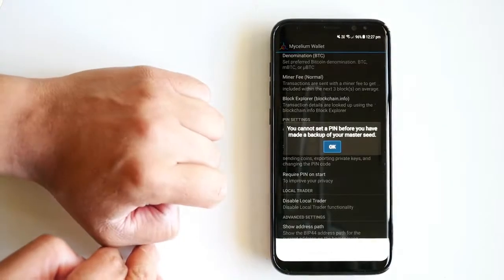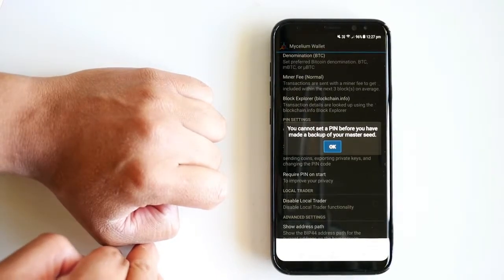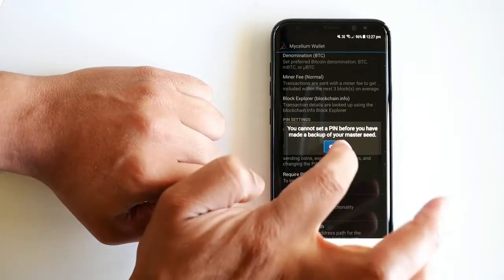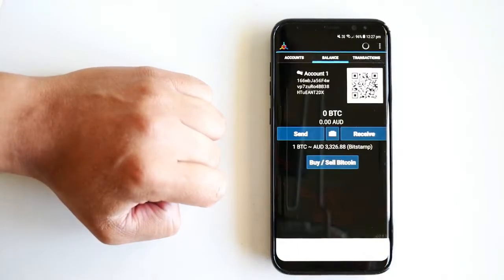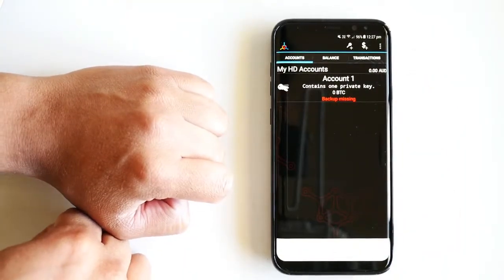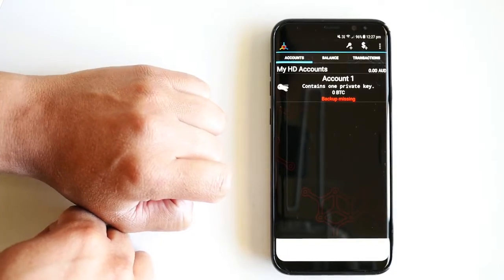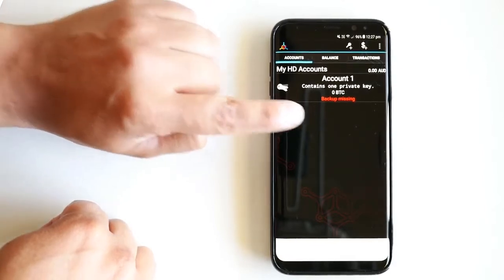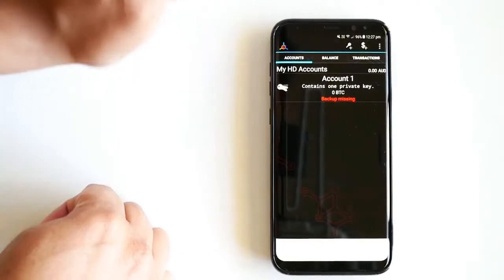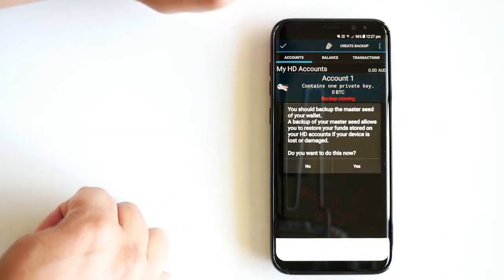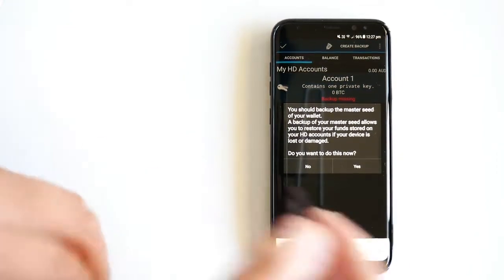To set up a PIN code, you have to create a backup of your wallet, and that is through something called the master seed. So we're going to create this backup first. We go to accounts. We were previously in balance, and then in Account 1, which you just created, we don't have a backup and it says backup missing. So this is the first step. You're going to click here and hit create backup. We're going to continue,